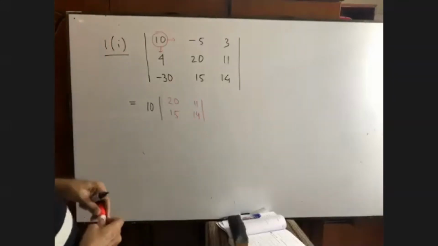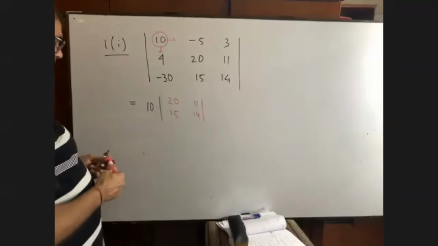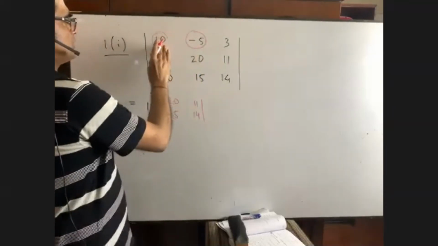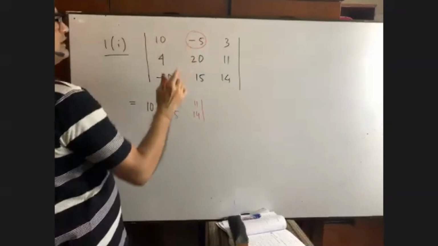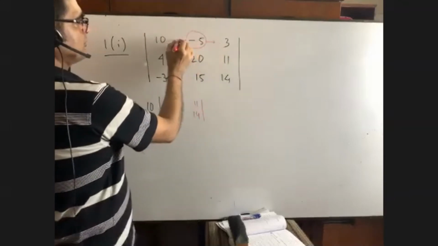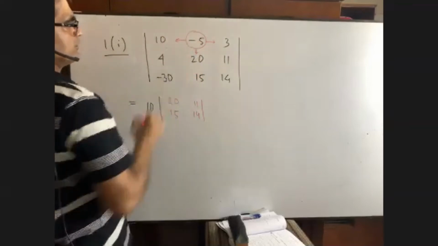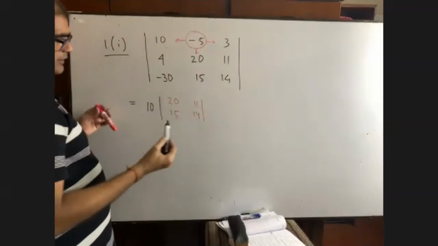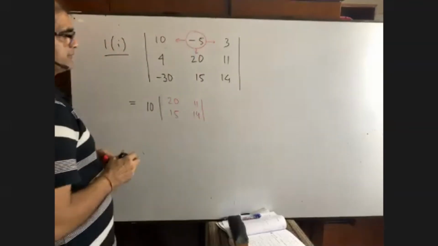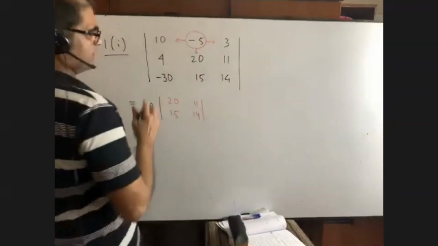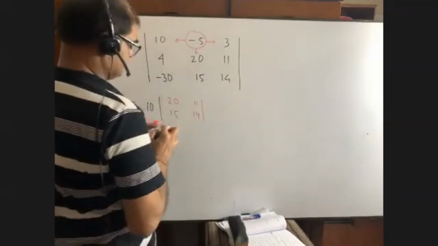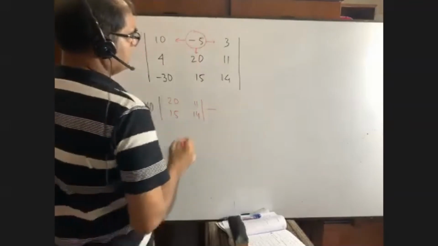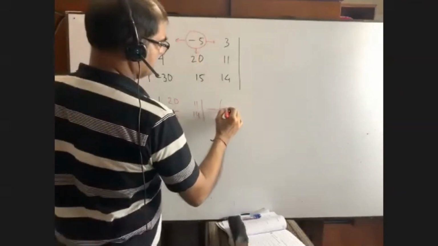Please talk to me. Yes, sir. Now I'm going to take this one. What is meant by this? I am going to take this one means this is omitted, this is omitted. So we are left with, can you tell me please? 4, 11, minus 30, 14. That's good. But in the formula, we have a negative sign. Its position value is negative. And it is again minus 5. So we have to write that.